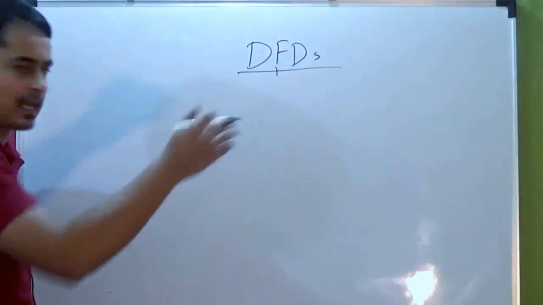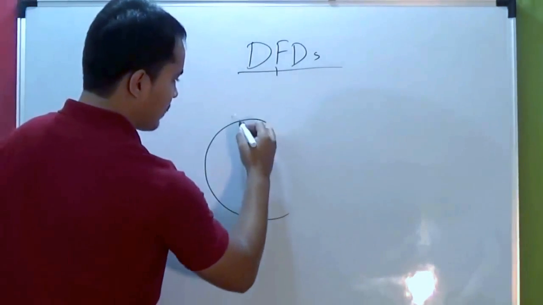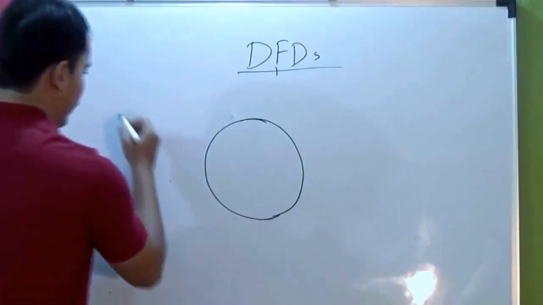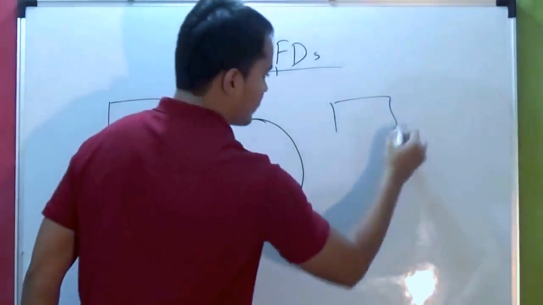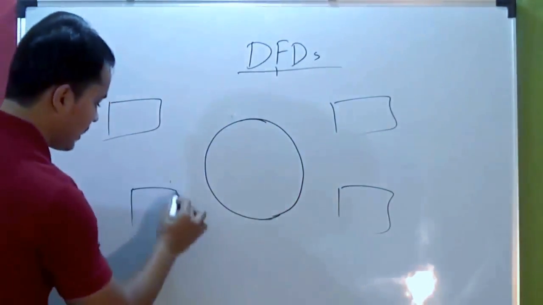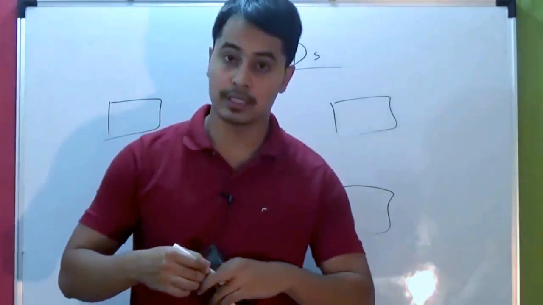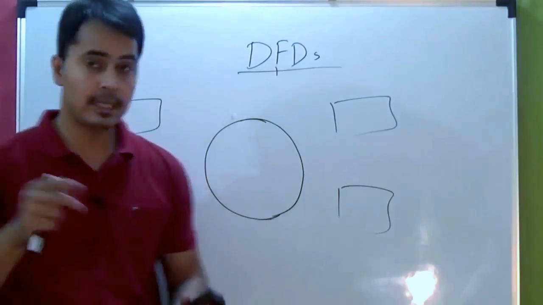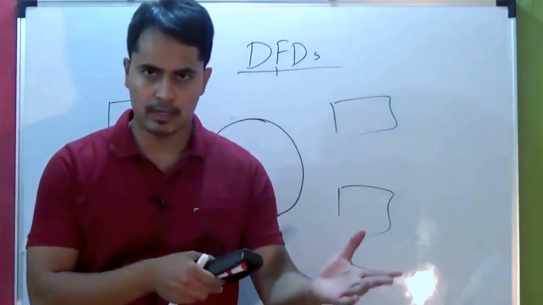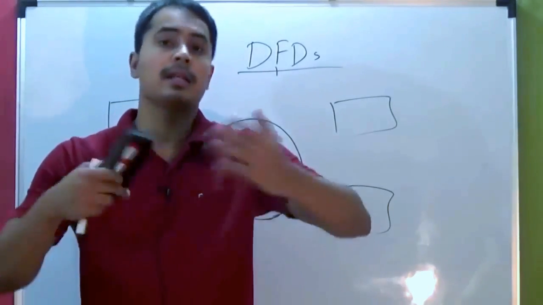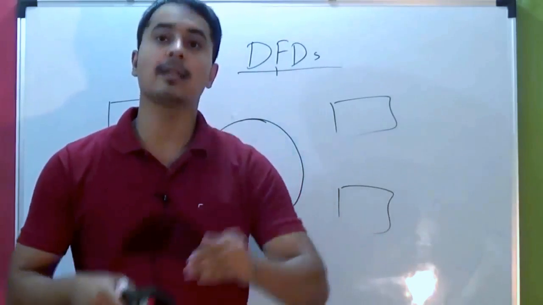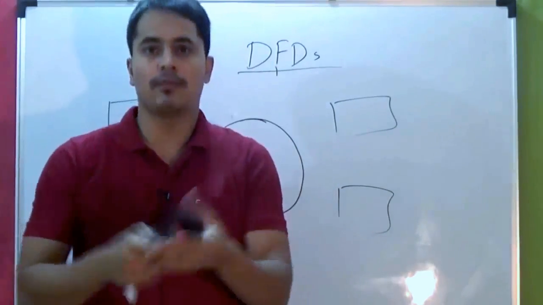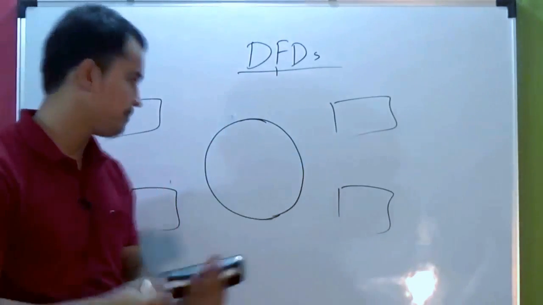So the context level diagram is exactly that. Your entire software system is one big process, right? And then you can identify all the external entities that work for your software system. All the external entities are listed in the context diagram. As I said, external entities could be hardware, could be a person, or could be another software which either provides data or consumes information from your software, right?